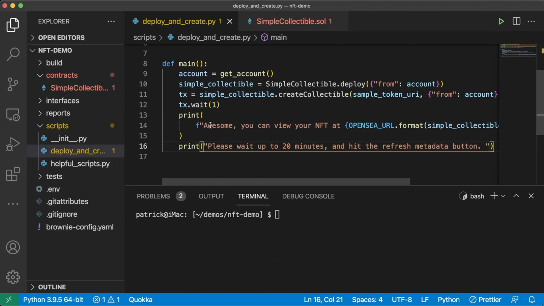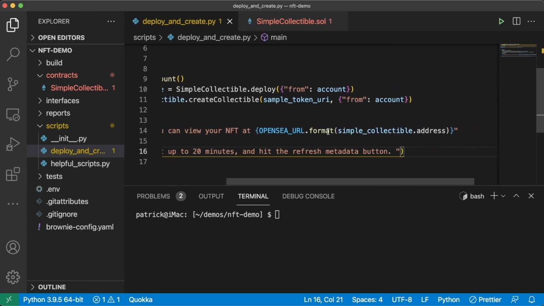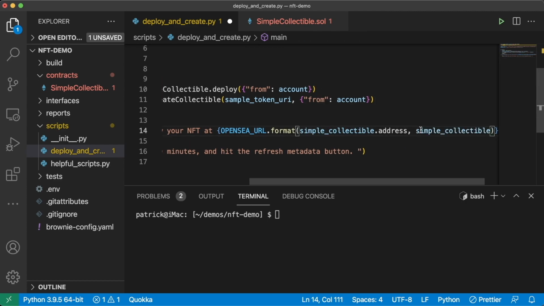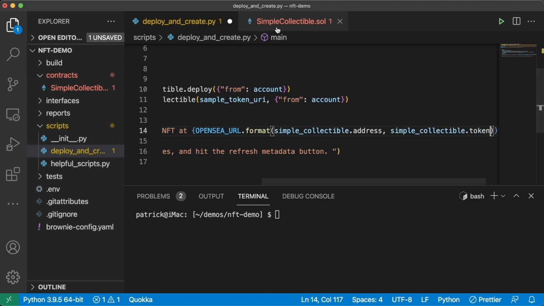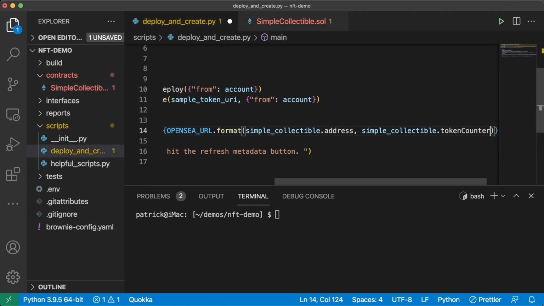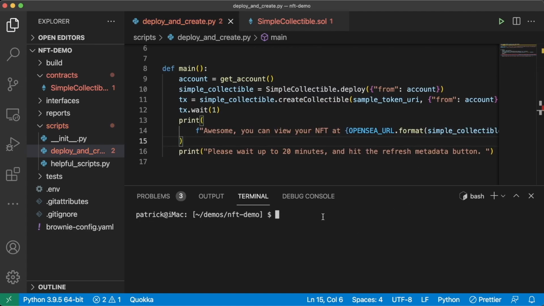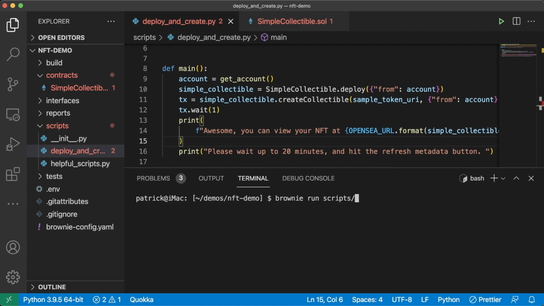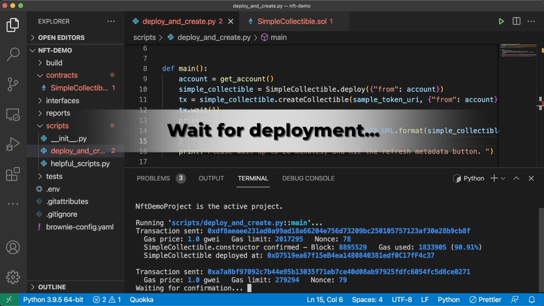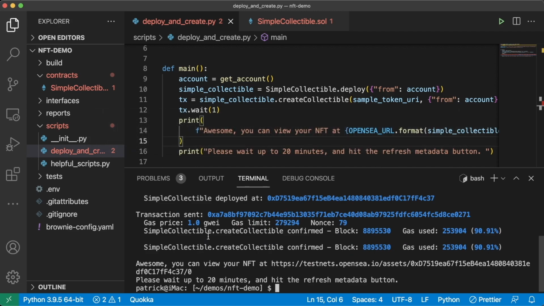So in our print line, "Awesome, you can view your NFT", OpenSea.format, simple collectible.address, comma, and we can do simple collectible dot token counter minus 1 for the most recently deployed one. And then we'll run this now. Brownie run scripts deploy and create, network Rinkeby. And awesome, we get this print line here saying "Awesome, you can view your NFT at"